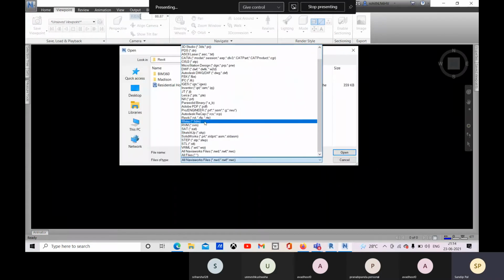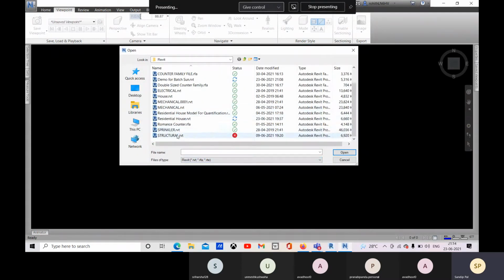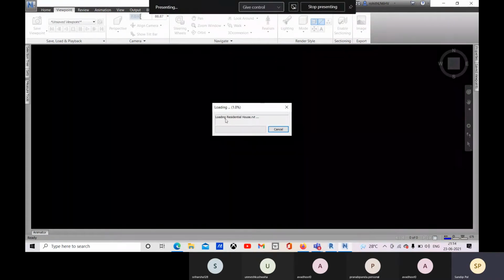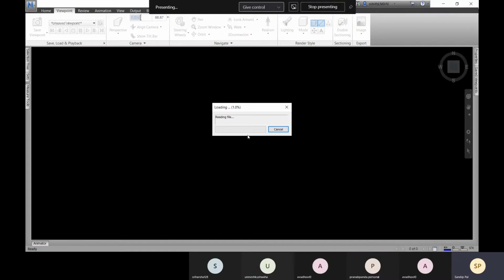And here I will choose RVT file. Let me go for RVT and I will choose that residential house RVT. Click on open and it's loading. It's generating the NWC file to read all the data which is present in your Revit.